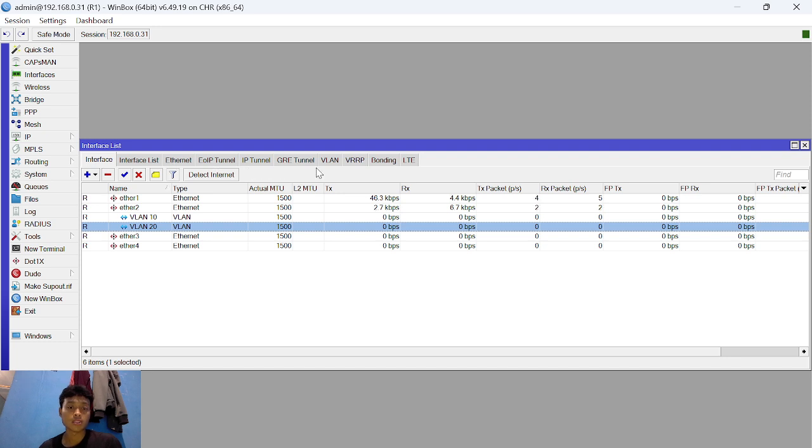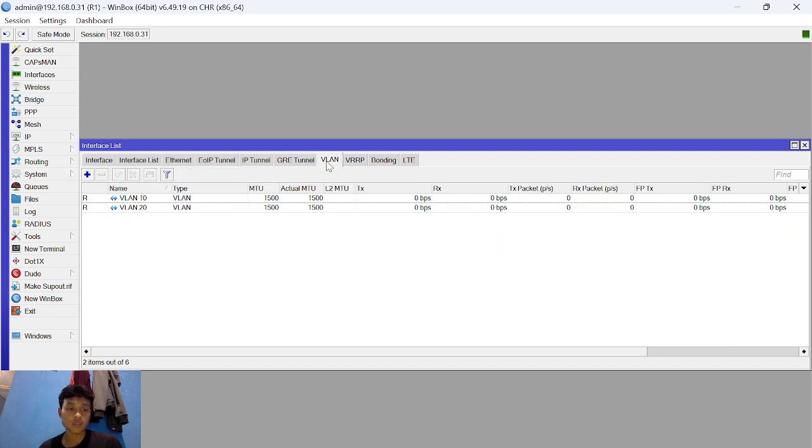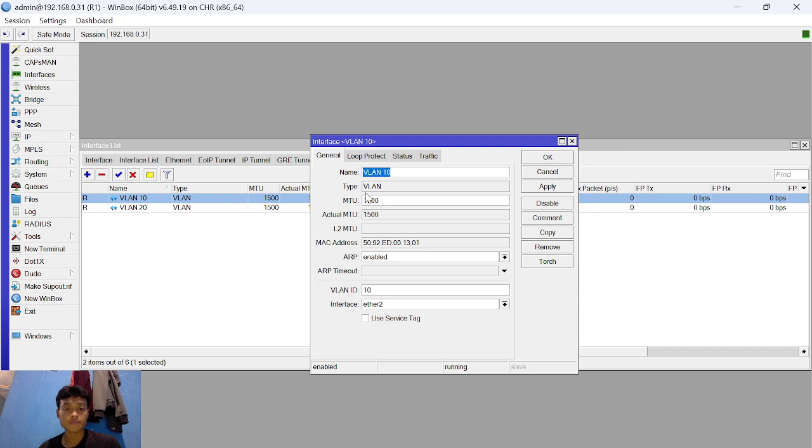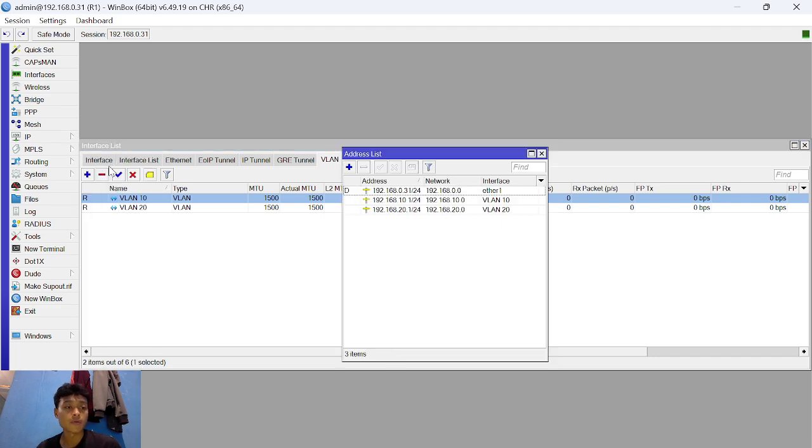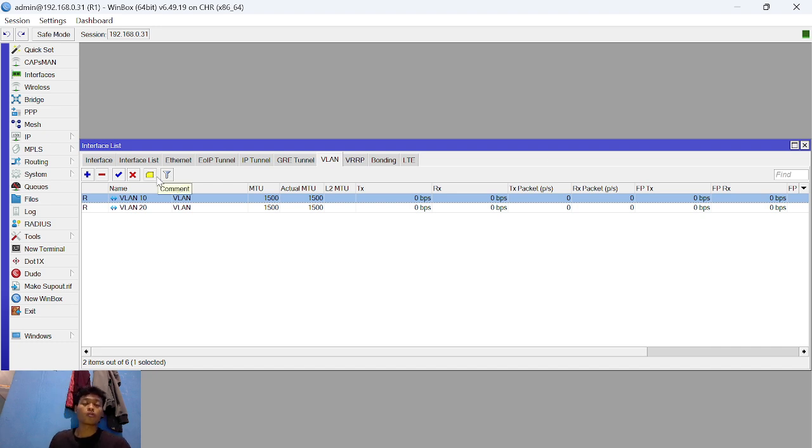So the second is you can go straight to the VLAN tab, and then add VLAN 10, or you can add the IP address. So first is this, the IP address for VLAN 10, and then you can add the IP address for VLAN 20. And once you have configured the IP addresses,